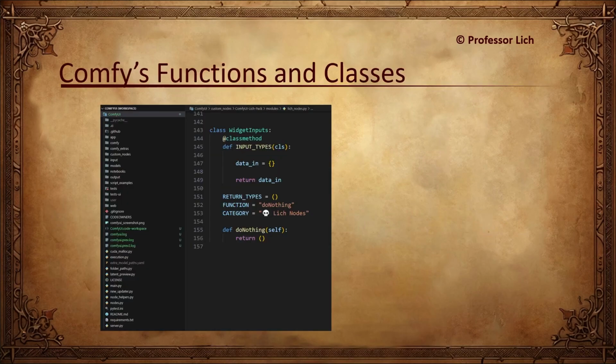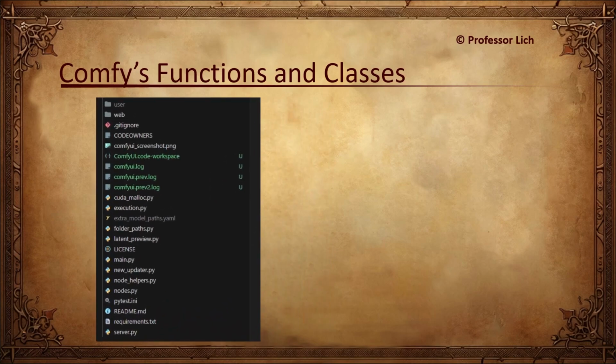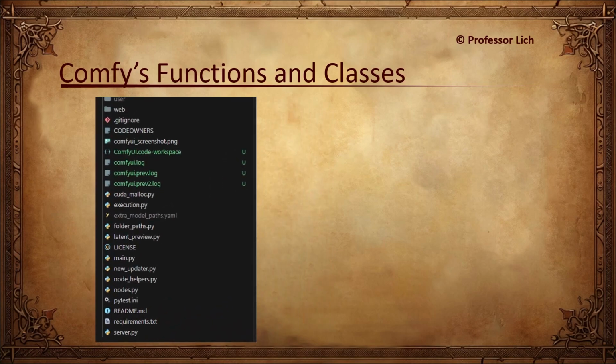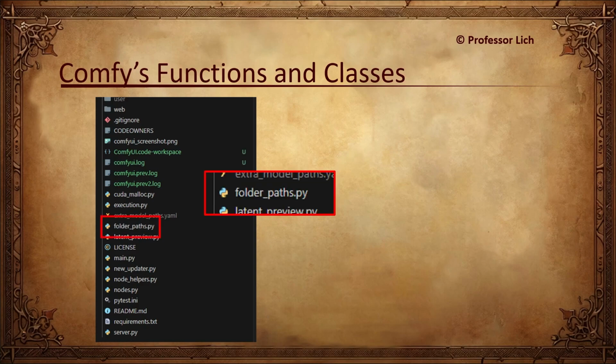Normally, this would require some work, but fortunately for us, we have a community of very smart people who have done much of this work for us. So Python files you see in root directory contain many useful functions and classes that we can access. If we look at folder paths.py, there is a function doing exactly what we need.